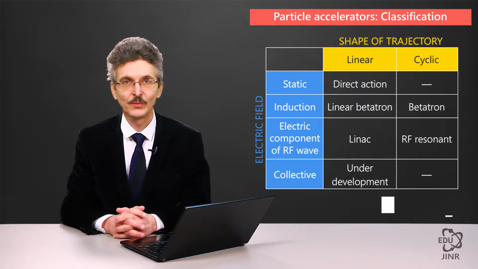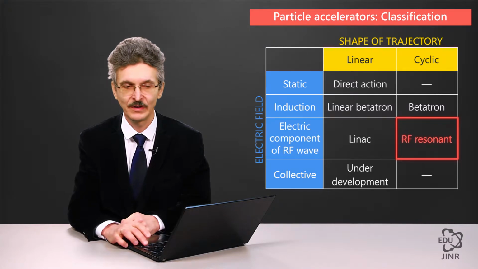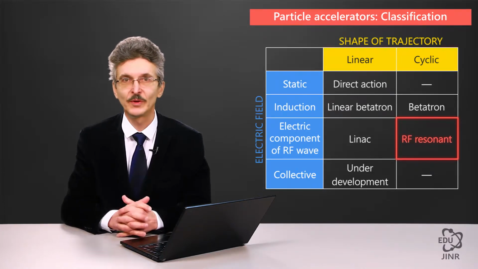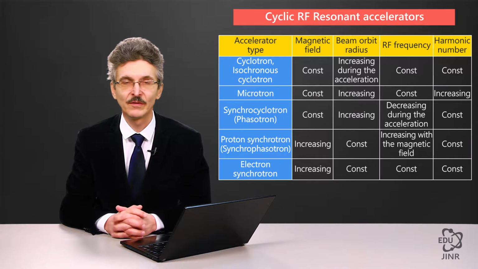Now we are moving on to the most common charged particle accelerator type, cyclic radio frequency resonant accelerators. To distinguish between the different types, a special classification system was invented. The first principle of this classification was proposed by a member of the Soviet Academy of Sciences, Vladimir Wechsler, who